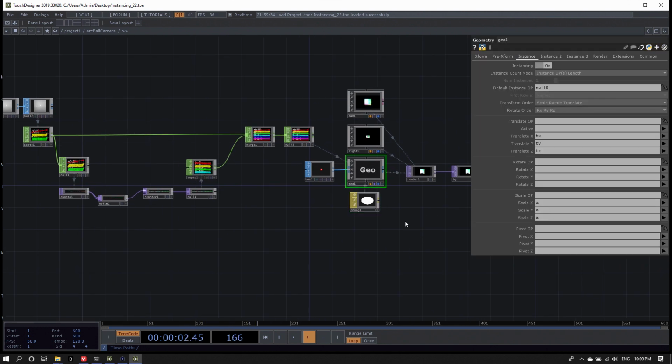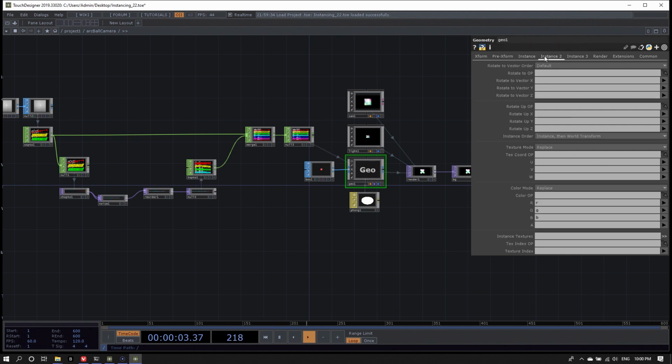And let's have a look at what changed with instancing. So there are quite a bit more parameters here. The thing is that now there is a default instance OP, but for each attribute I actually have a separate OP that I can specify. So my translation and my scale and my color could all be driven by different operators.